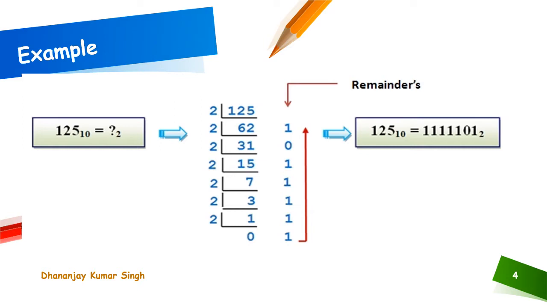So here we always have to keep in mind that the number given is considered as dividend and 2 as divisor. We need to always divide the given number by 2, and whatever remainder comes, that will be recorded, and when the quotient comes to 0, all the remainders will be recorded.